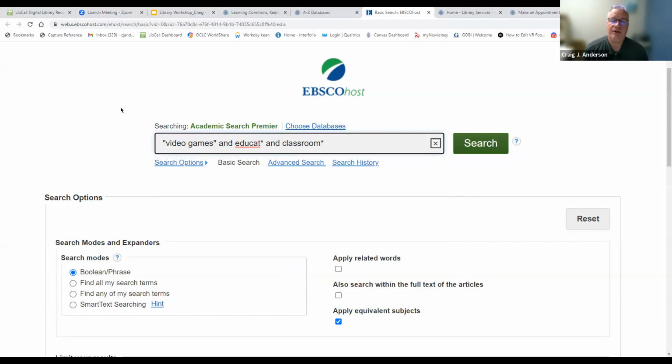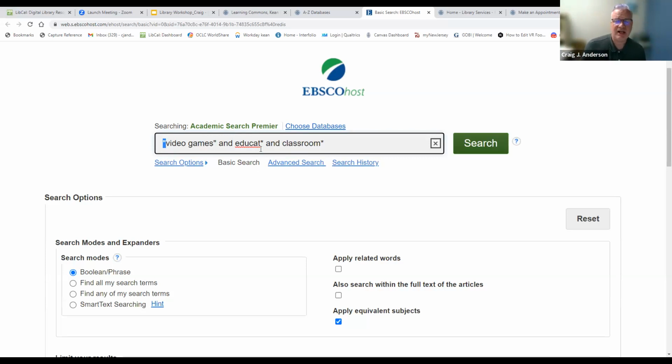So what I'm doing here, this is a few different things that I'm doing here. With the term video games, I'm putting that in quotation marks. I always like to do that when I have, say, a 2-word phrase or a 3-word phrase or more. Anytime you have a multi-word phrase, it's always a good idea to put that in quotation marks, because that will keep those words together in the search. I'm not interested in an article that has the word video in one paragraph and games in another paragraph. I only want it when it's video games, both those 2 words together.